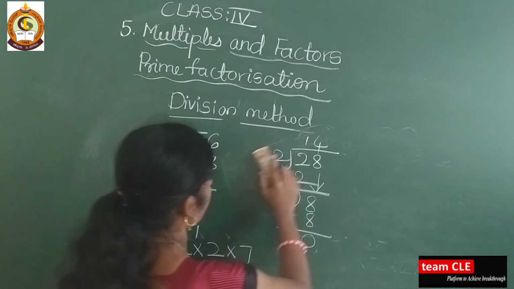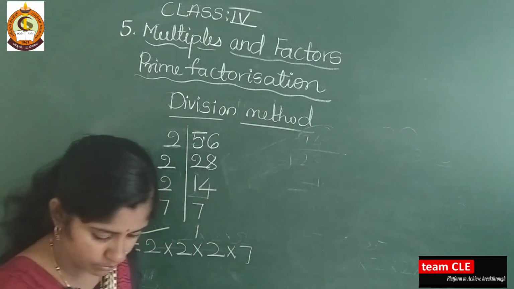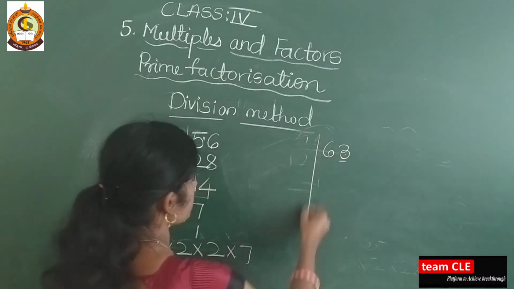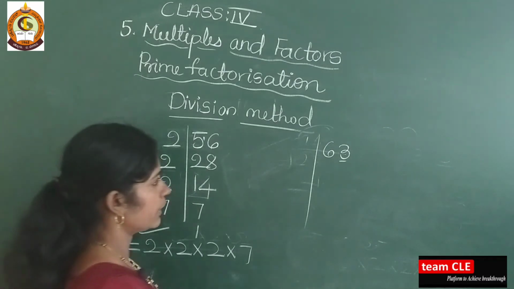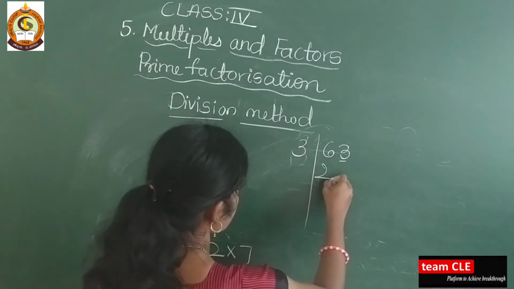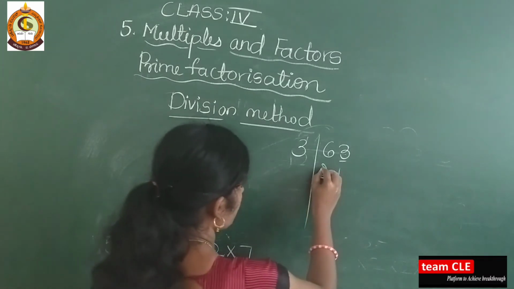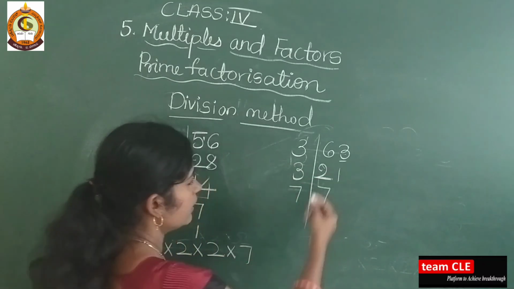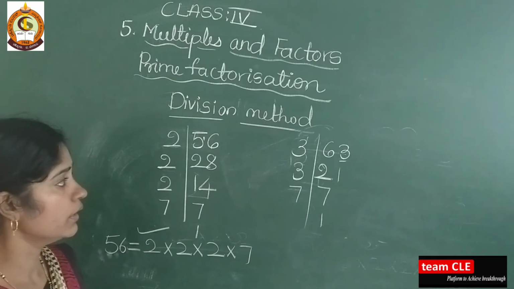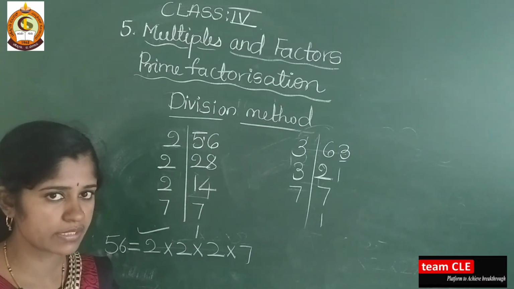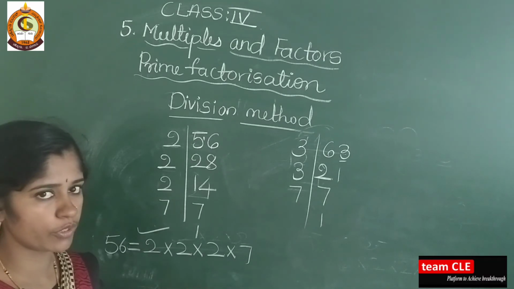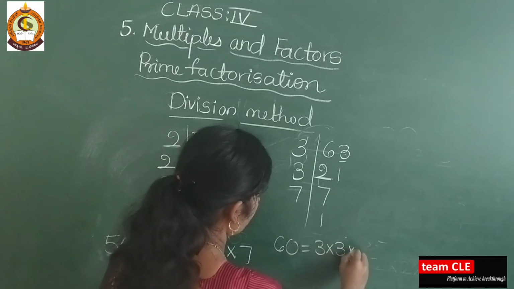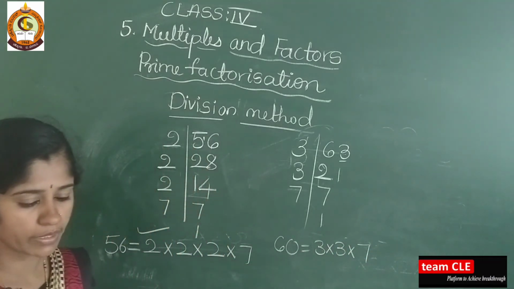Okay, next I will take one more example from My Practice Time 4, and that is 63. See here, in the 1's place 3 is there, which means the number is not divisible by 2. So take 3, 3 2s are 6, 3 1s are 3. Next 3 7s are 21, 7 1s are 7. If you are not understanding, divide 63 by 3, you will get 21 as the answer. Do as I said in the before example. So 63 is equal to 3 into 3 into 7. Okay, I hope you are getting my point.